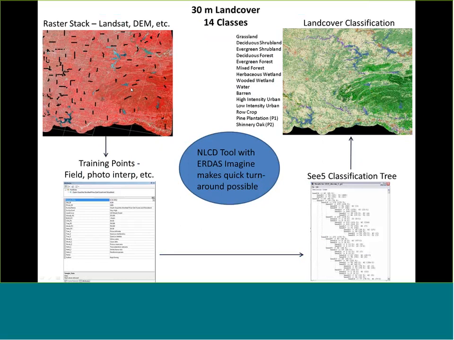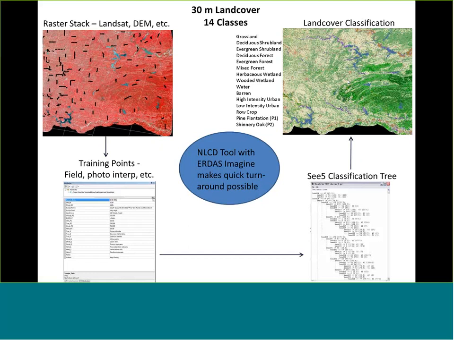And they served as the training data for the land cover and for other uses. And this is a very, very powerful data set. So there are a stack of explanatory variables associated with pixels, and those are used to map the land cover types. And there are 14 land cover types that we mapped for